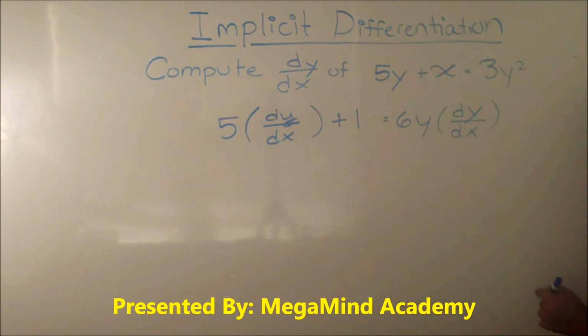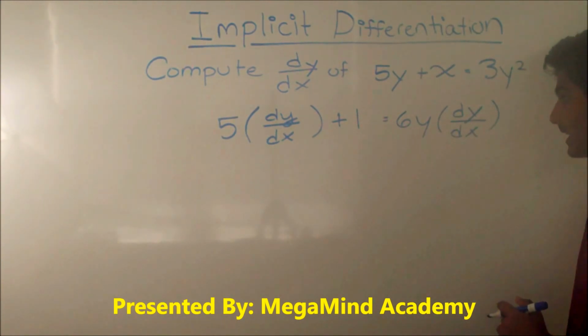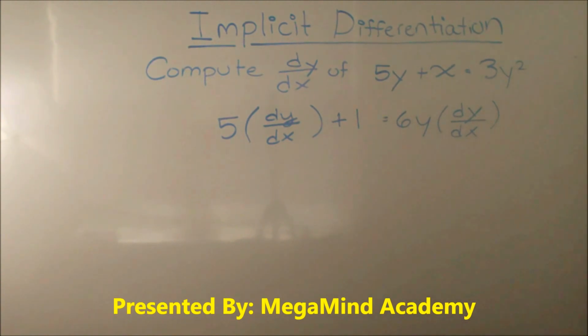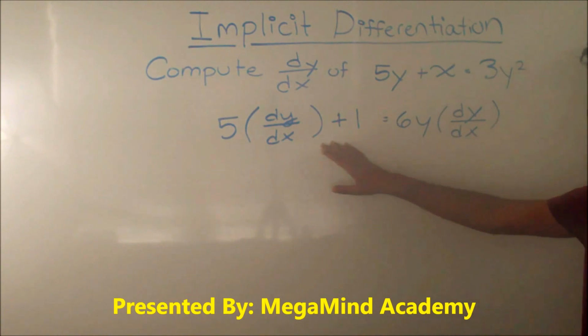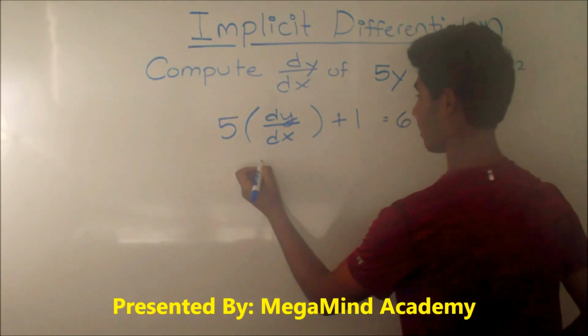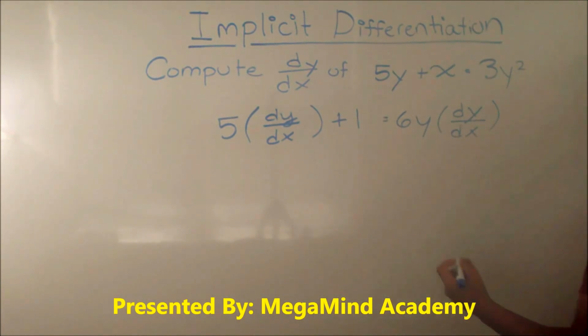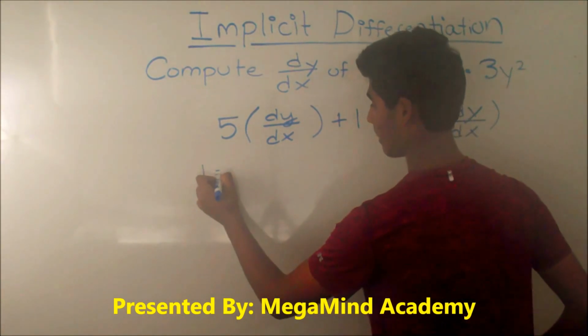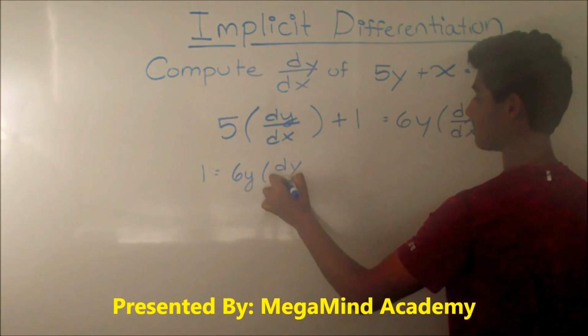So now what do we do? Well, now we have to find out what dy/dx is. So we have to get it by itself. To do that, we have to get dy/dx on one side and the constants on the other side. So we can subtract 5 dy/dx from both sides. So we get 1 is equal to 6y dy/dx